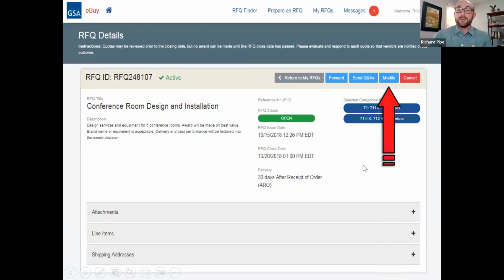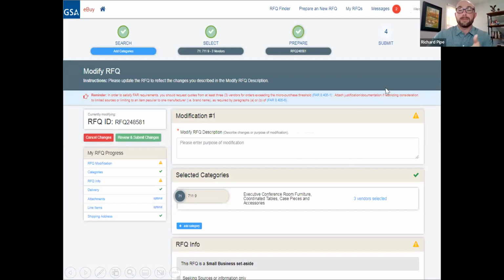Modify. You can also modify. You could have an issue where maybe the close date was too soon, or maybe you don't have enough bids by the close date approaching. You can extend. One example is you can modify your RFQ and extend the date. So you're going to click modify,